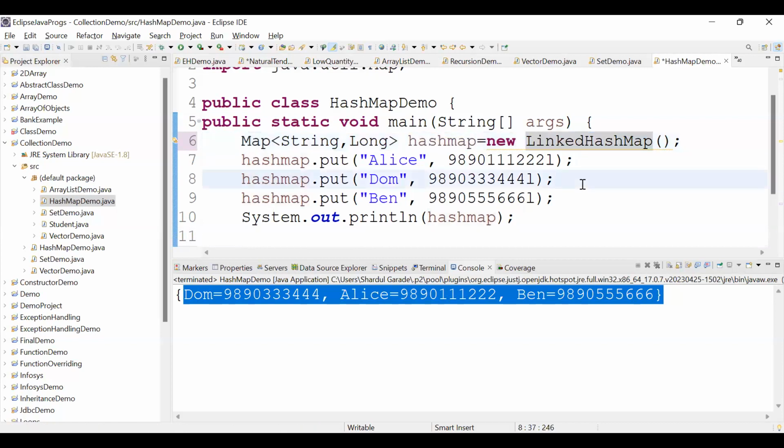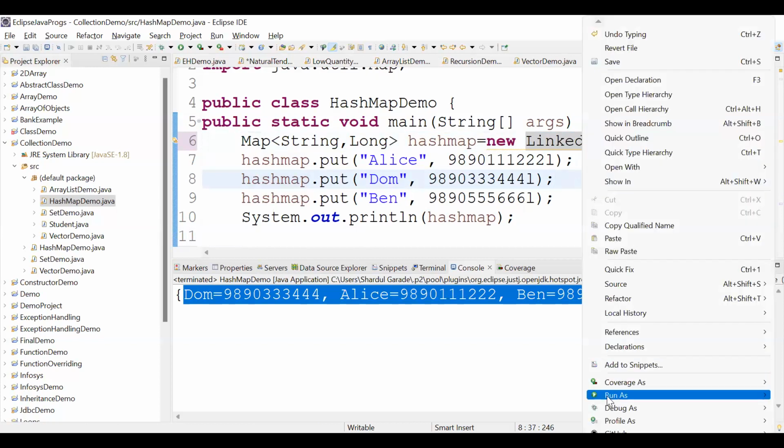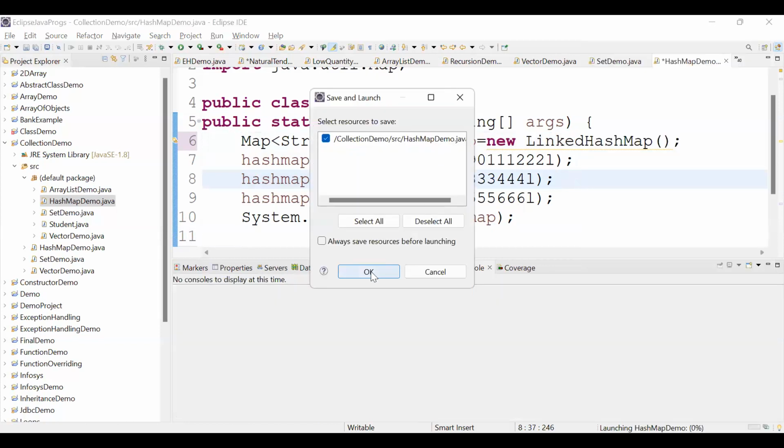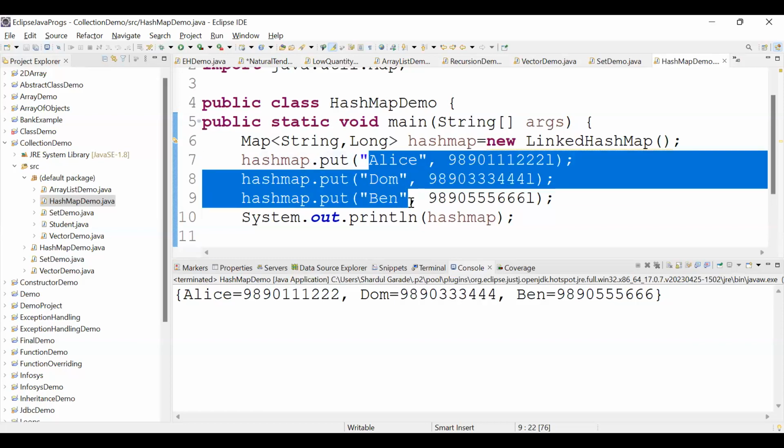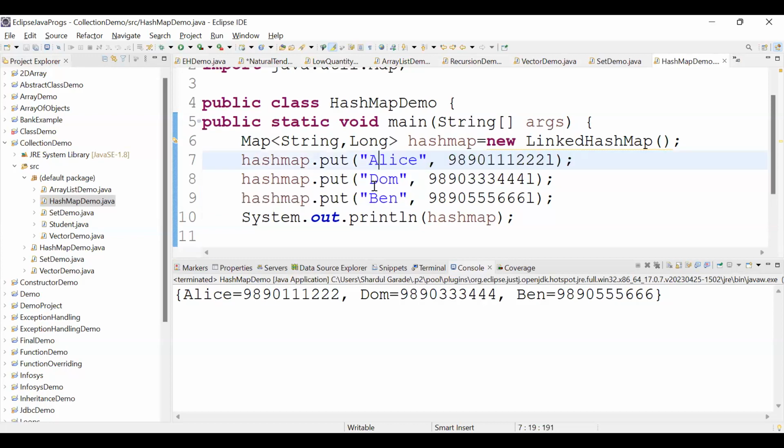Now what will be the output? Can anyone predict the output now? Alice, and Alice's contact number, then Ben and Dom. Yes, the output I will know, because LinkedHashMap preserves the insertion order. And now if I want it in alphabetical order of the keys, Alice, Ben, Dom,